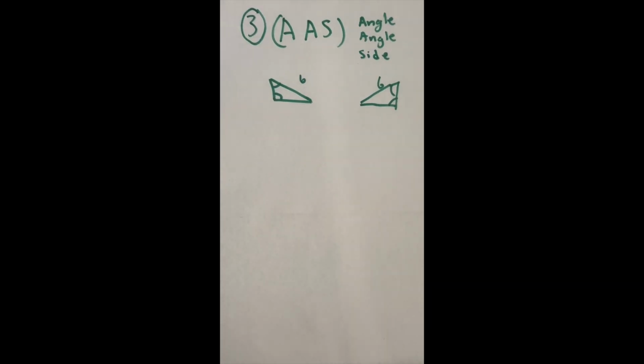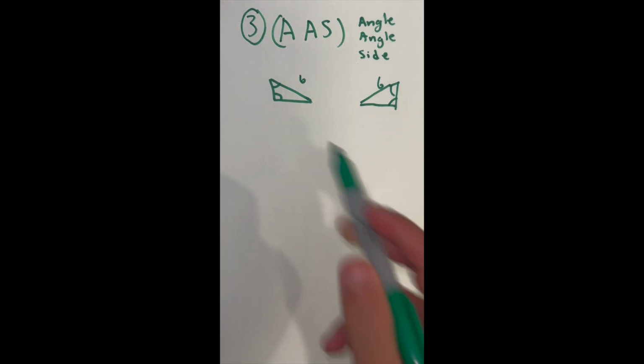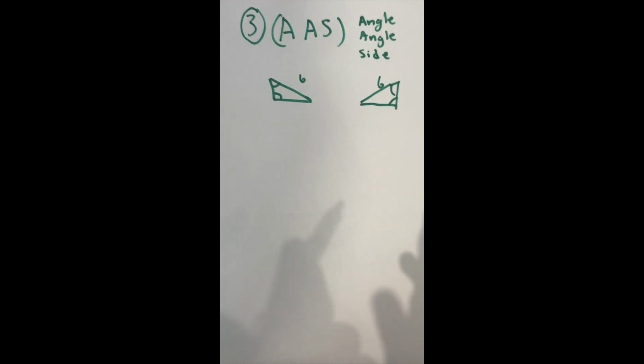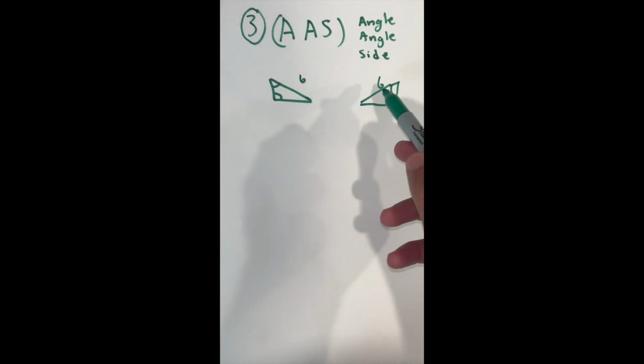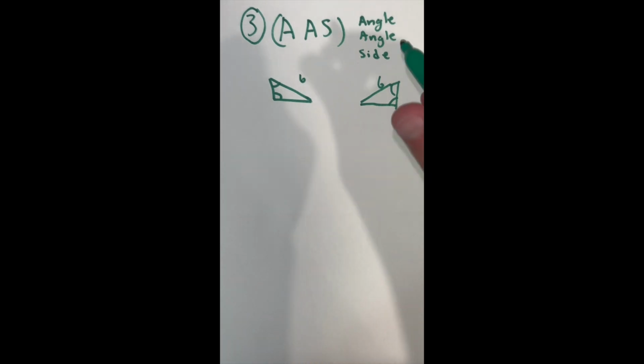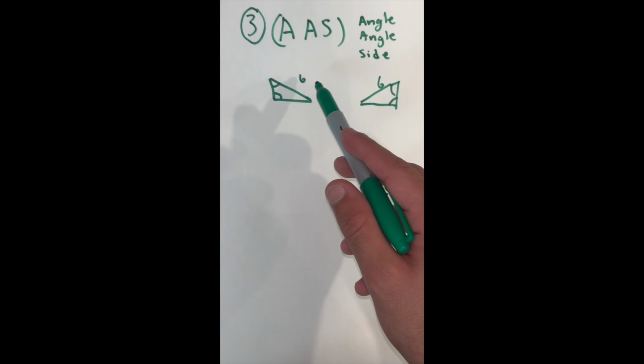The third type of triangle congruence is AAS, or angle angle side. Here we have two different triangles with two corresponding angles that are equal to each other. We also have a third side which is corresponding, and with the two triangles the side is equal. With this, we have two angles that are equal between both triangles and a side that's equal, AAS, therefore the